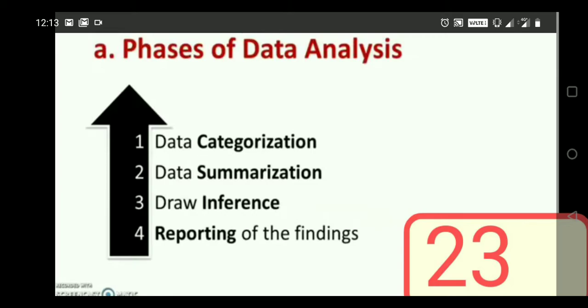After categorizing, we give summaries for each category. Third, we draw inferences: what is the link between the information taken from the community area? You should make comparisons. And fourth, reporting all the findings, whatever was collected on the basis of the categorization; you should report and record.